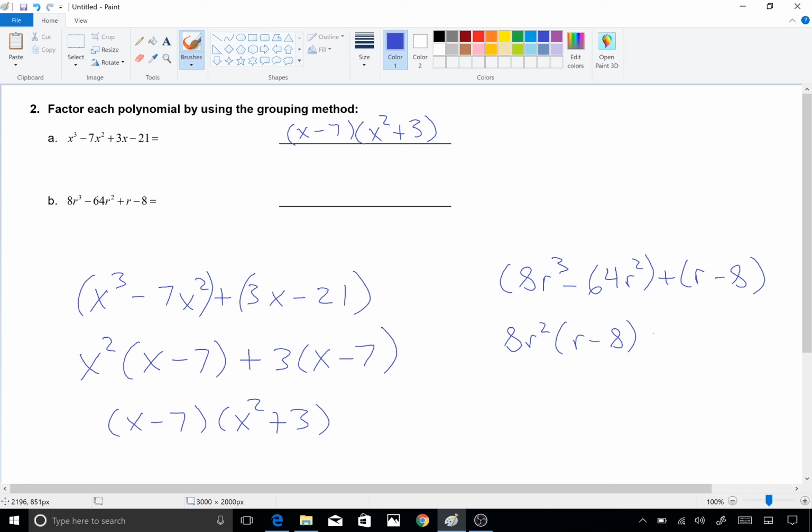Over here, I just have r minus 8, but I can write this as plus 1 times r minus 8. And I have